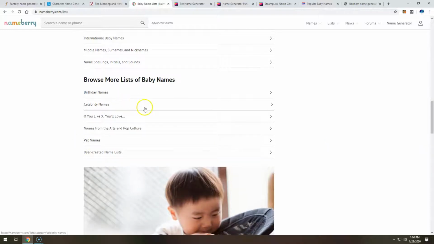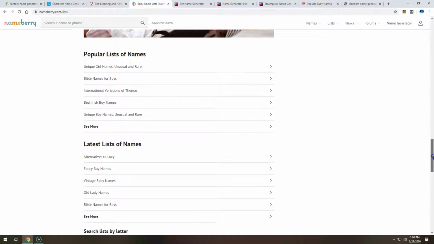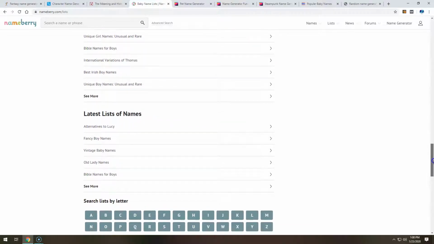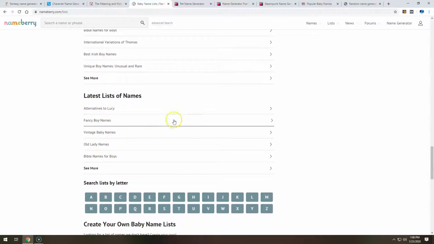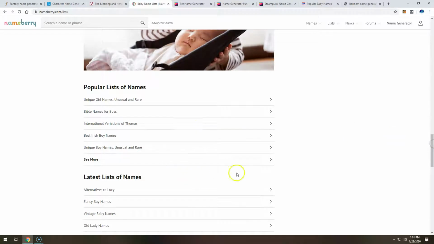Birthday names, celebrity names, names from the arts and pop culture. Bible names. Fancy boy names, alternatives to Lucy. Old lady names. So it's great for naming your characters, and not just babies, obviously. I mean, any